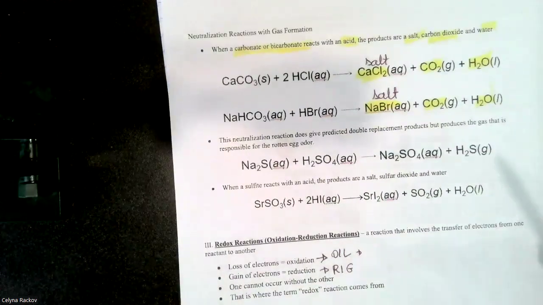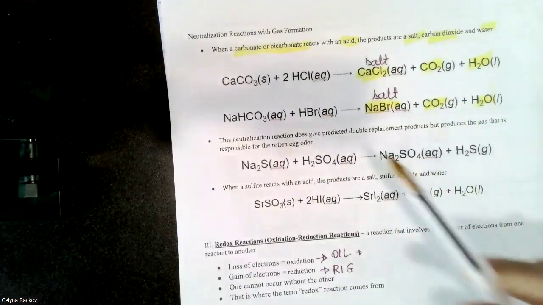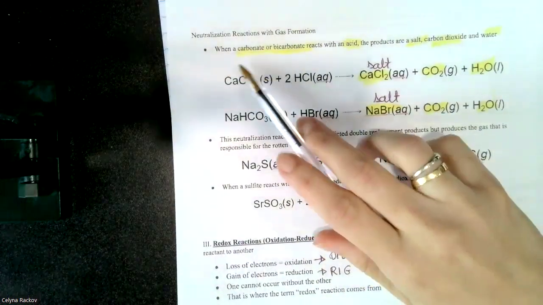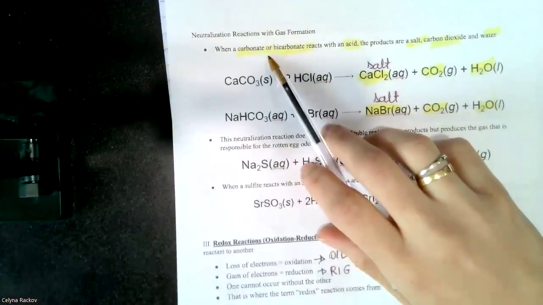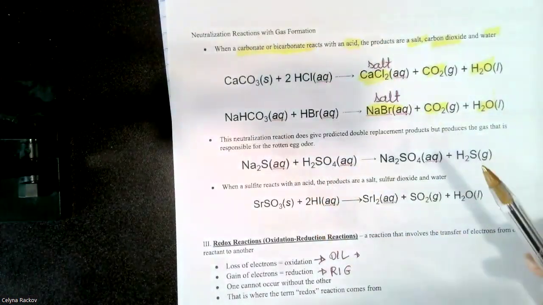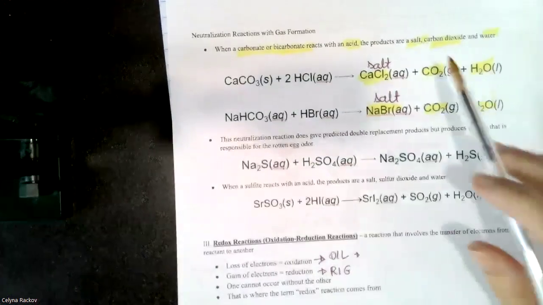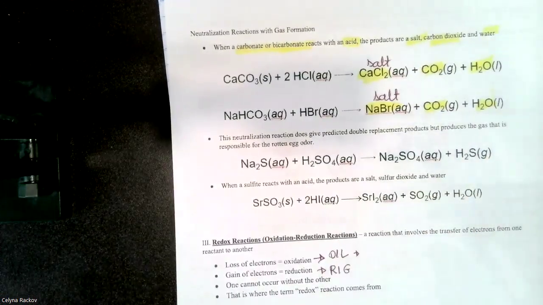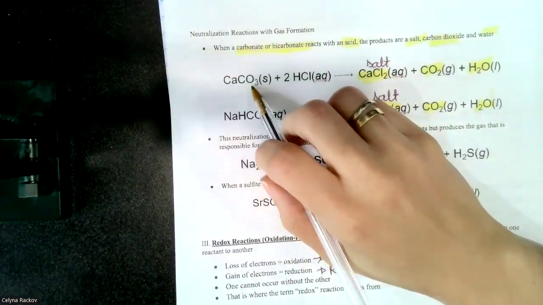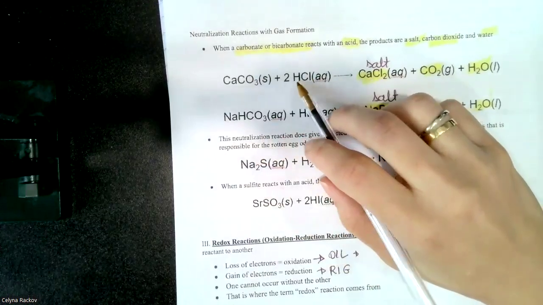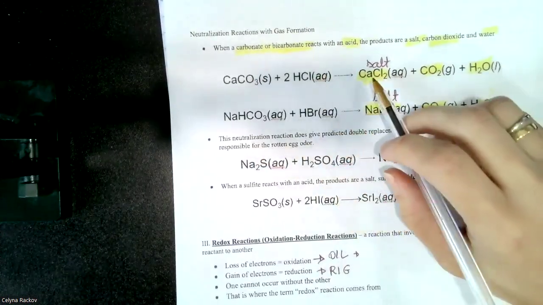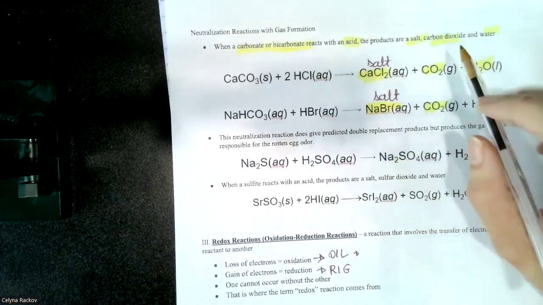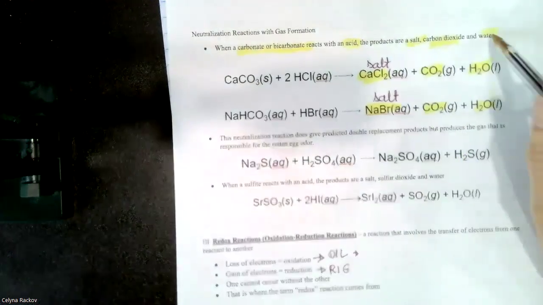Okay, now we have here chapter 4, part 2, neutralization reactions with gas formation. So when we have a carbonate or bicarbonate react with an acid, the products are salt, carbon dioxide, and water. For example, here we have calcium carbonate react with hydrochloric acid, making calcium chloride, that is a salt, and also making carbon dioxide and water,